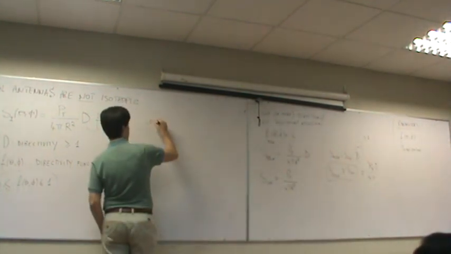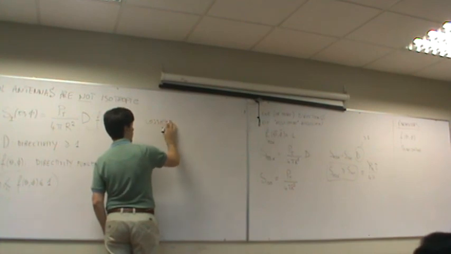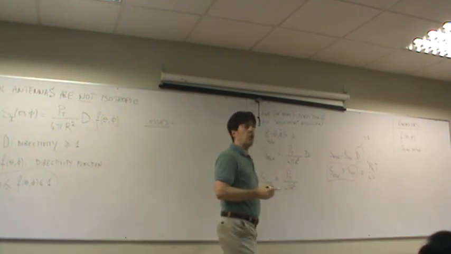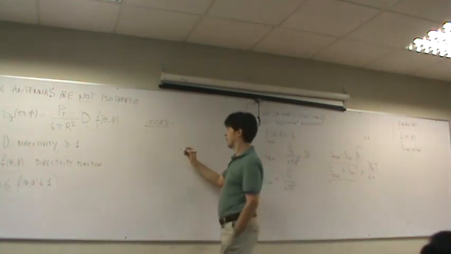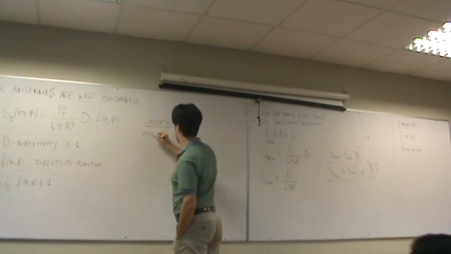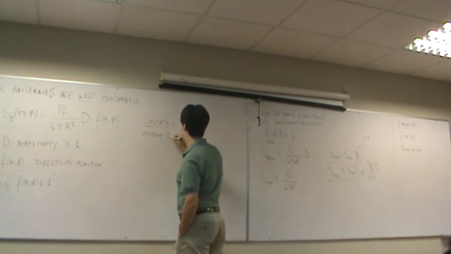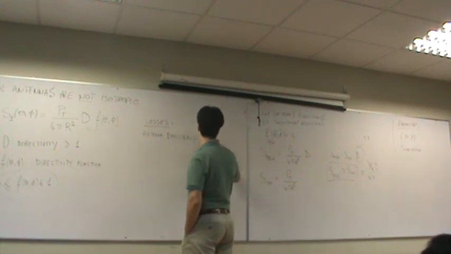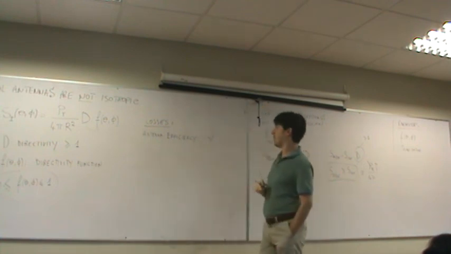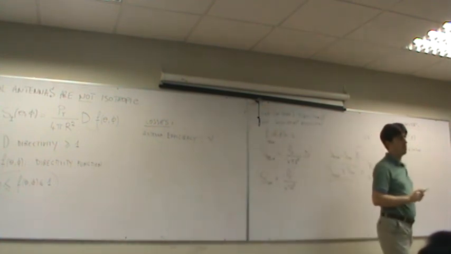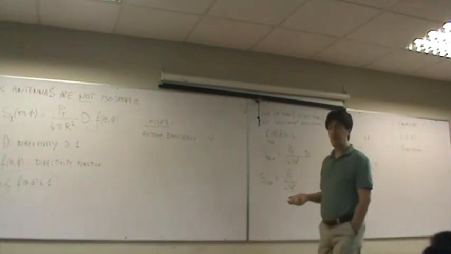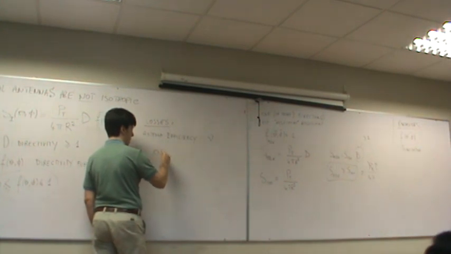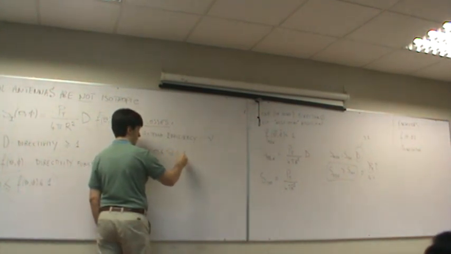How do we express those losses? Through a parameter that is called antenna efficiency. And you indicate it with the parameter eta. Being an efficiency, by definition of efficiency, is something that is